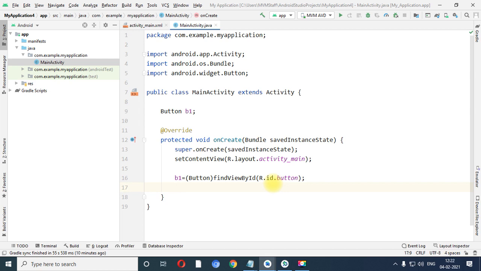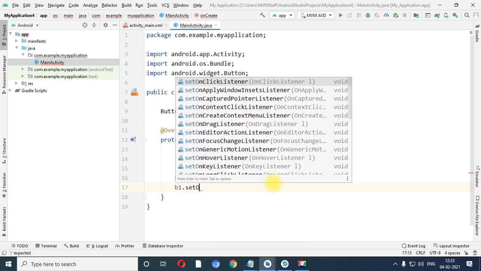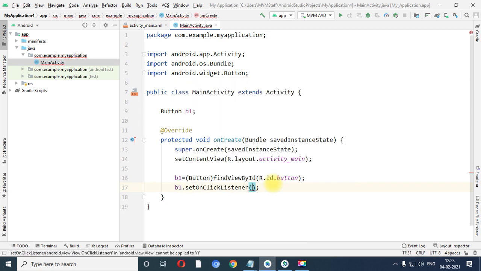Now I want to print a message when the user clicks on the button. That is my requirement, so the click event is fired. For that, b1.setOnClickListener. This event is fired on the current application, so I have written this over here. As I have told you, when you write this over here, it will generate an error, right?